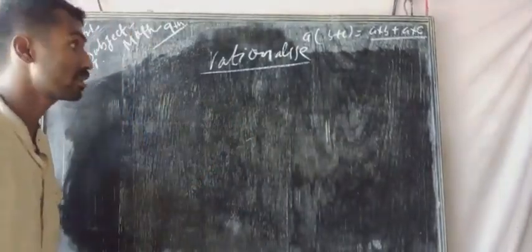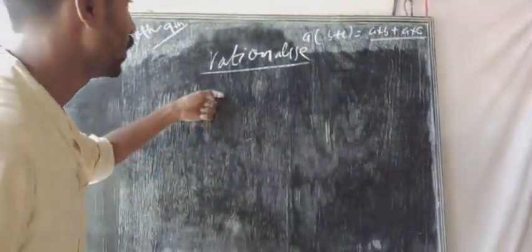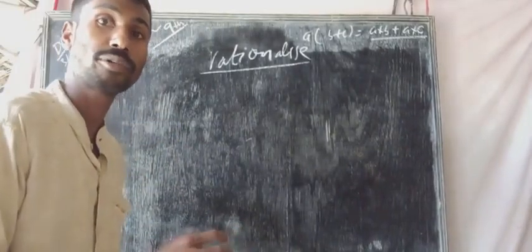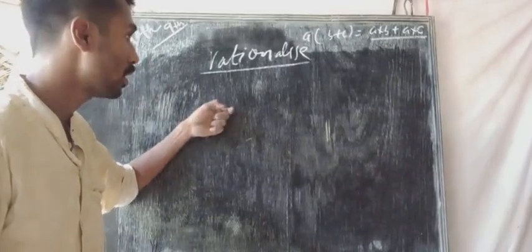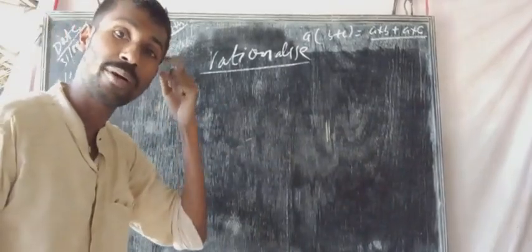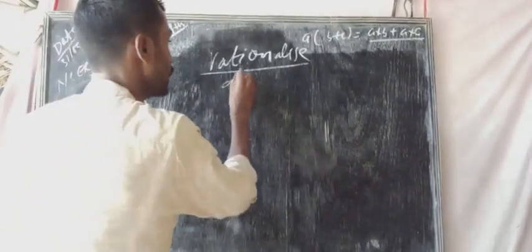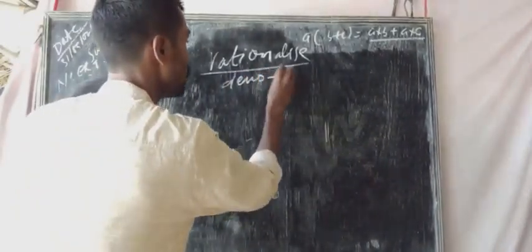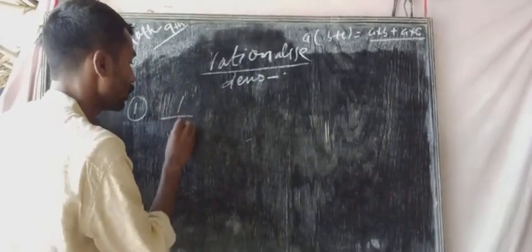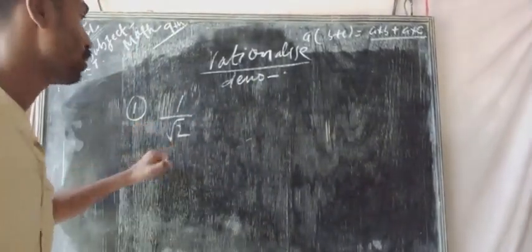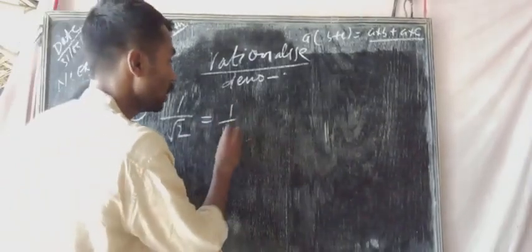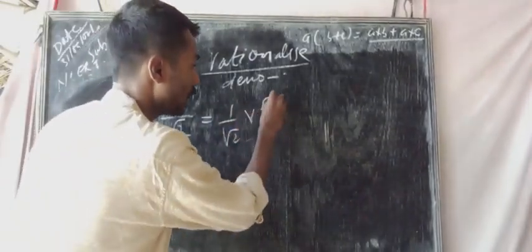In the last class, I told you how to rationalize. So we will discuss a few questions on how to rationalize the denominator of an irrational number. The first one is 1 by root 2. Suppose we want to rationalize the denominator root 2. So 1 by root 2, and both upper side and lower side,